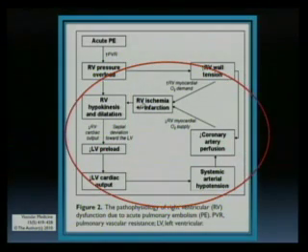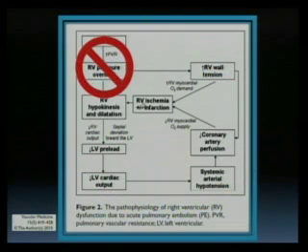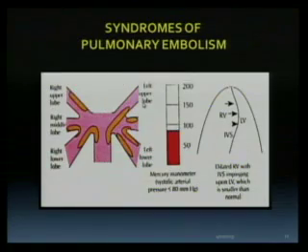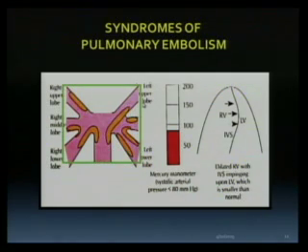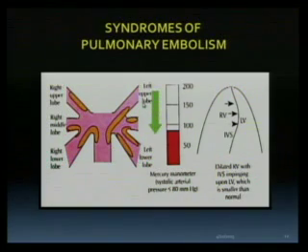So what do you have to do? You have to stop RV dysfunction. So there are syndromes of pulmonary embolism related to the hemodynamics, systemic hemodynamics, and venous hemodynamics. So if the embolism is more than 50% obstruction of the vascular bed, there is expected to be hypotension, systemic hypotension. At the same time, there will be RV dysfunction, RV dilation, septal deviation to the left side, and diminution of